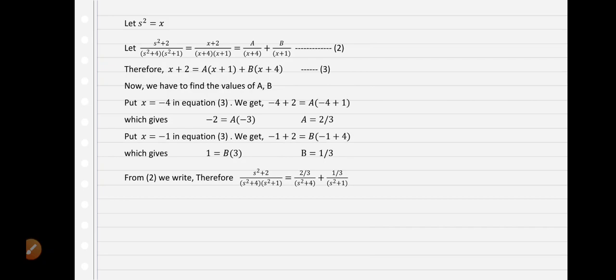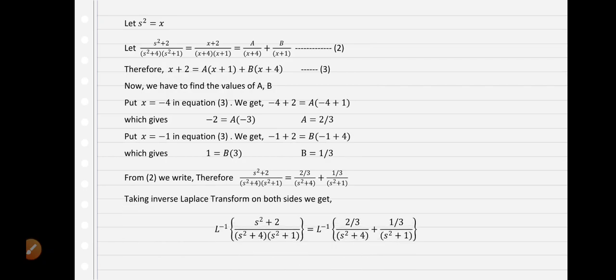See, here I have not taken the LHS as f bar of s, because f bar of s, the original function, is different from this one. This is after the application of the shifting theorem of inverse Laplace transform. So I have taken the LHS as the s term only, not the f bar of s term. Now you have to take the inverse Laplace transform on both the sides. By the linearity property,